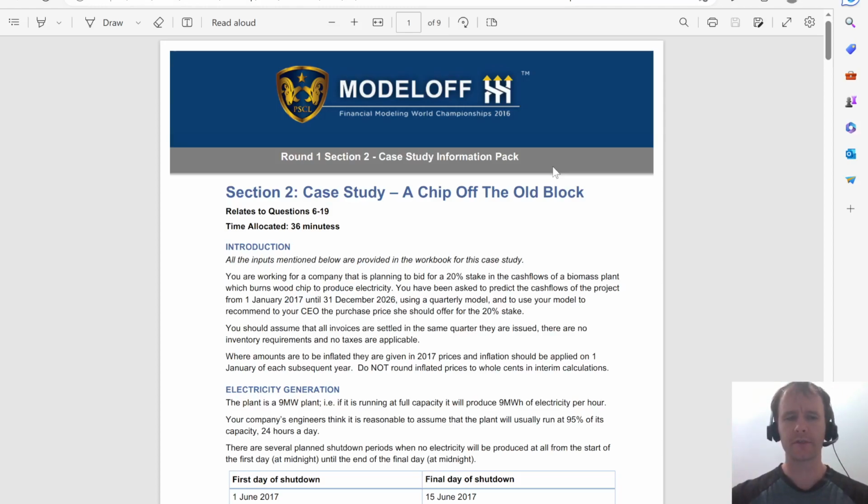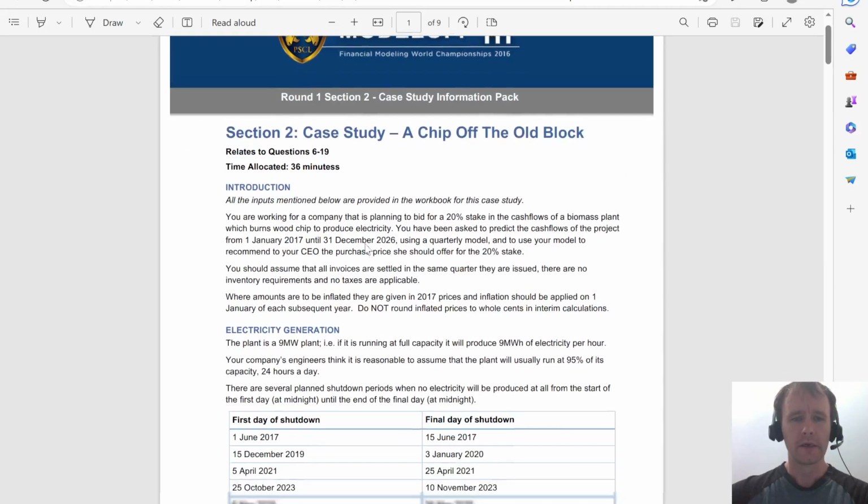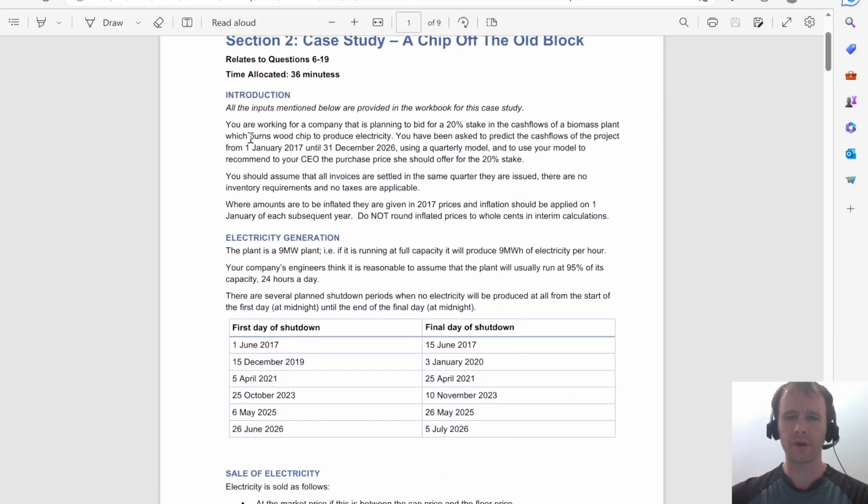All right, so this round we've got 2 classic financial model questions and one sort of game question. I'm starting with one of the classic financial model ones, section 2. It's called a chip off the old block. Let's dive on in. You're working for a company planning to bid for a 20% stake in the cash flows